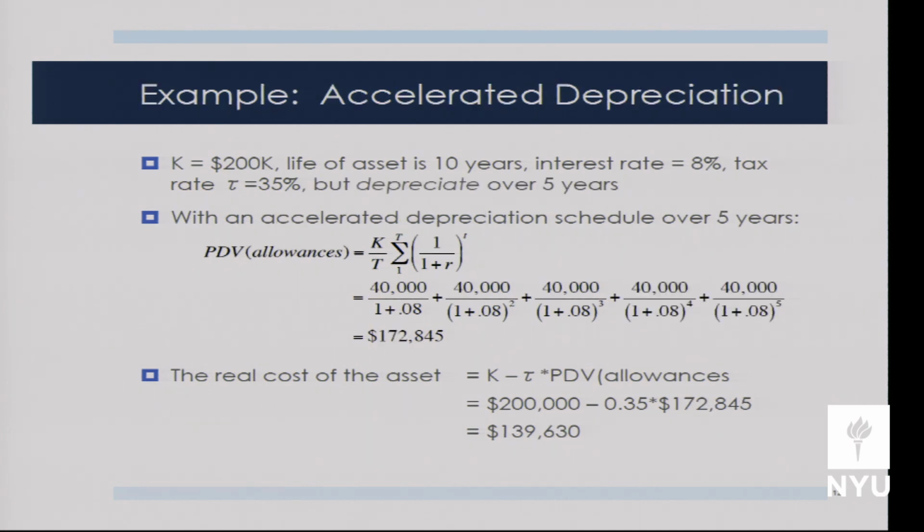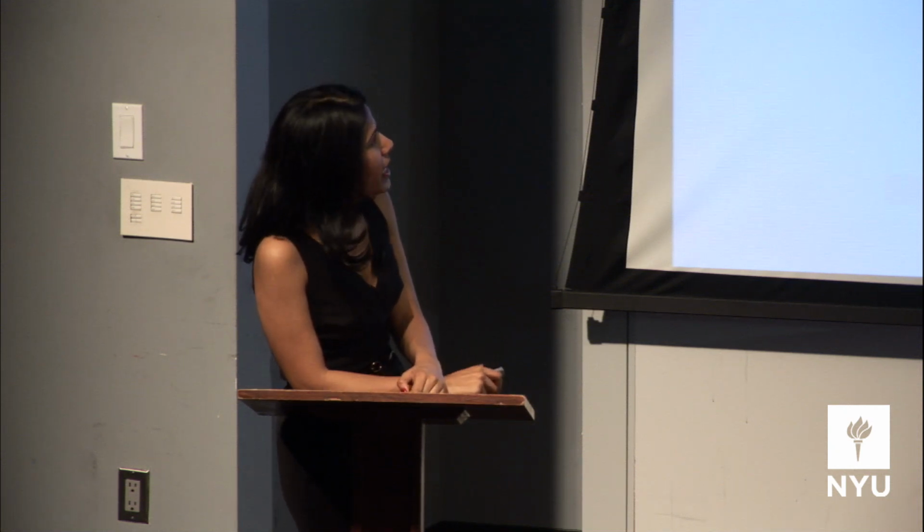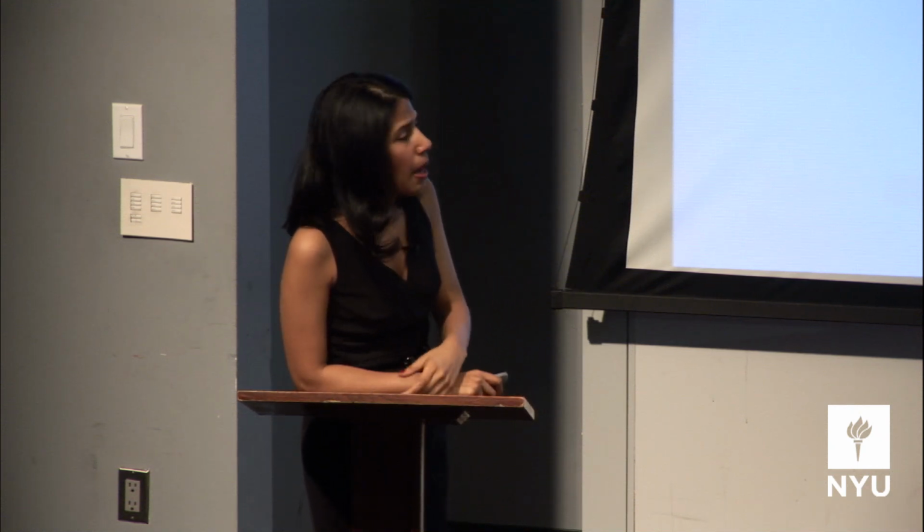Okay, let's say the government looks at the recession that we're kind of going through and they say, you know what, manufacturing is still not doing that well. Let's go ahead and allow for accelerated depreciation of capital goods. Capital goods are just durable goods. So they say, we know this thing costs $200K. We know this thing actually lives for 10 years. Its economic life is 10 years. Same assumptions. Interest rate is 8%, tax rate is 35%, but we're going to allow the firm to depreciate this asset over 5 years.